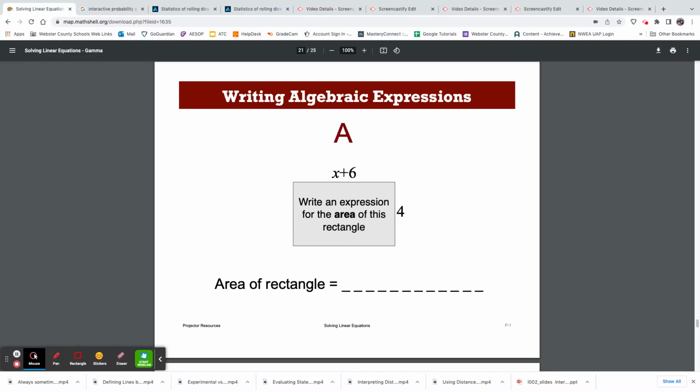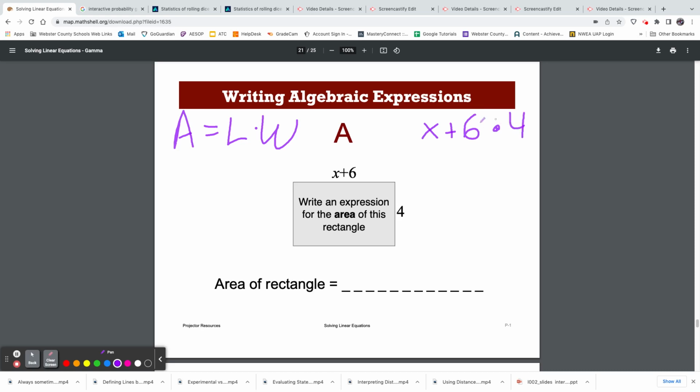Okay, we're going to look at how to write an algebraic expression given a picture of a rectangle where they're asking you to find its area. You should know that to find the area of a rectangle, you always take the length multiplied by the width. The length is written as the expression x plus 6, and its width is 4. So you could possibly put x plus 6, but it wouldn't be appropriate just to say times